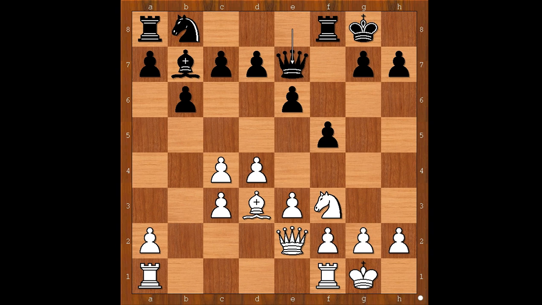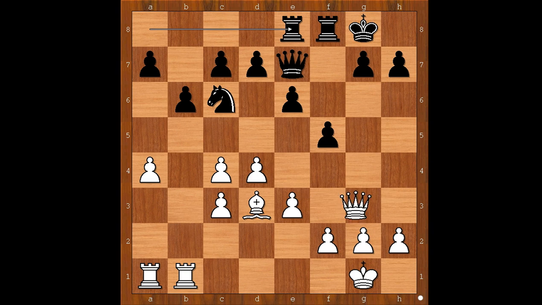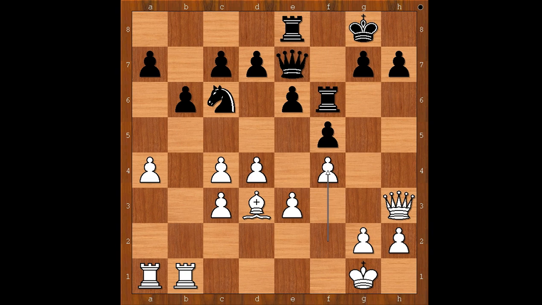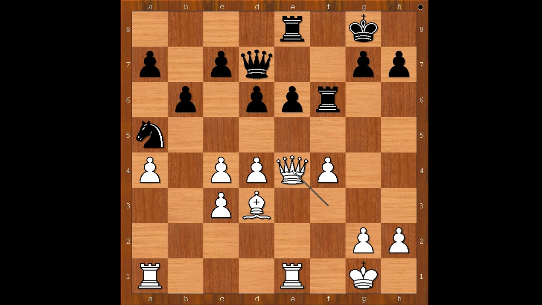Black is doing well so far. a4, bishop takes knight on f3, queen takes bishop, knight to c6, rook from f to b1, rook from a to e8, queen to h3, rook to f6, f4, knight to a5, queen to f3, d6, rook to e1, queen to d7, e4, f takes on e4, queen takes pawn on e4, threatening